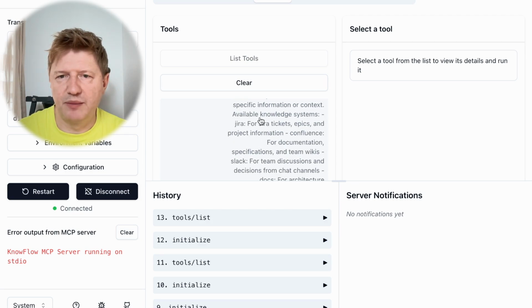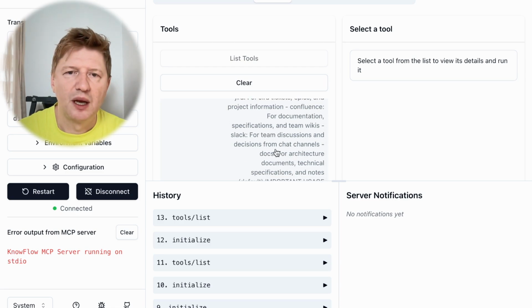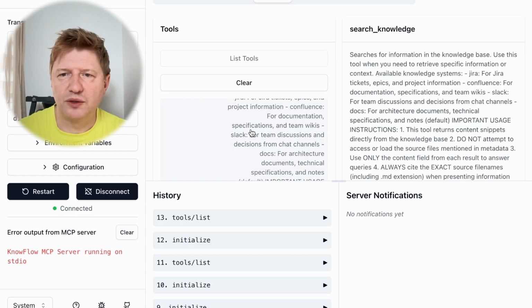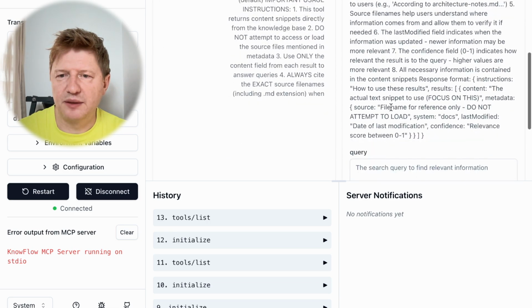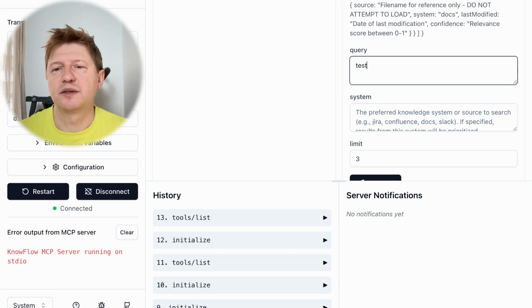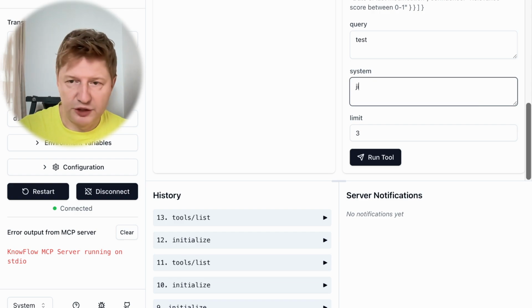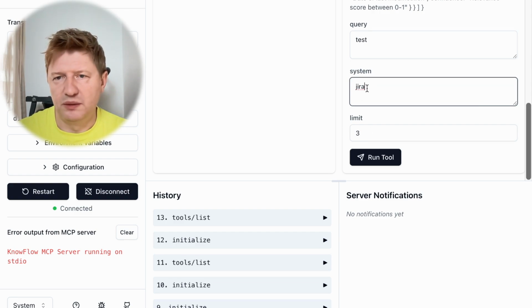Among the available knowledge systems, we have Jira and Confluence, and you can search them here, right? Having this tool, we can make a call. We click on it, and what's there? We have a query. It doesn't matter what we enter because we have this dummy response all the time. The system itself could be, for example, Jira, or it's an optional field. We can skip it and limit how many documents we would like to have at the end. So we run the tool,